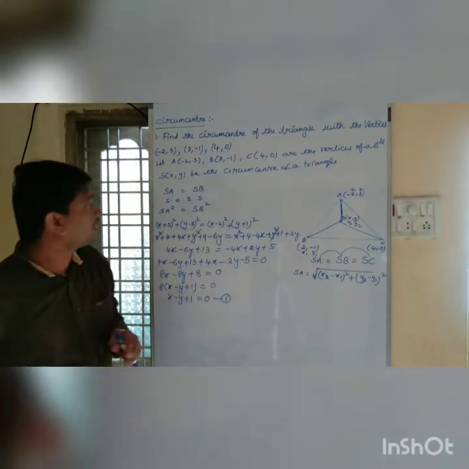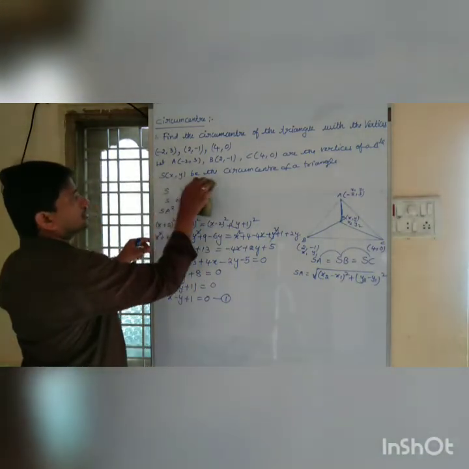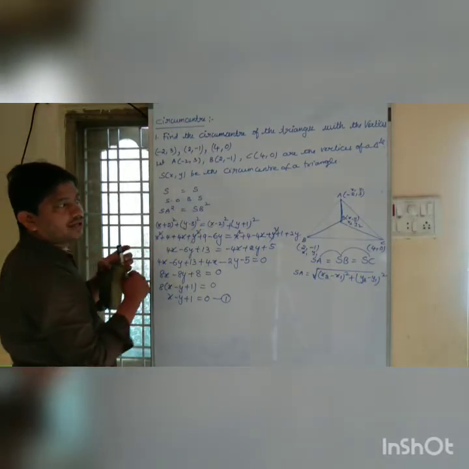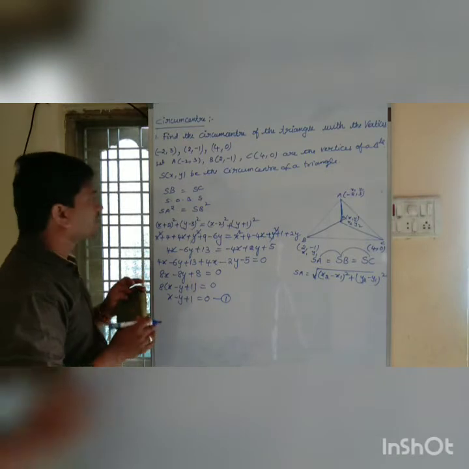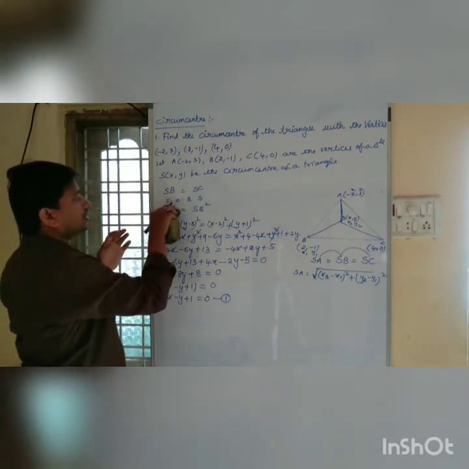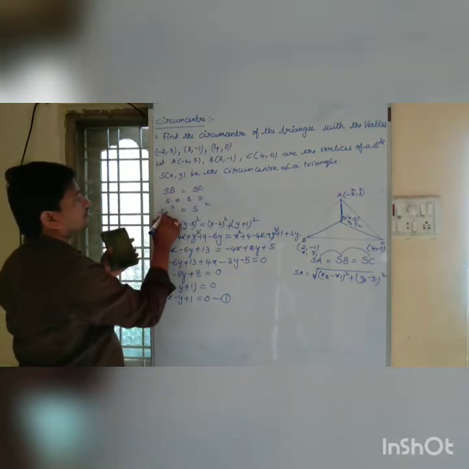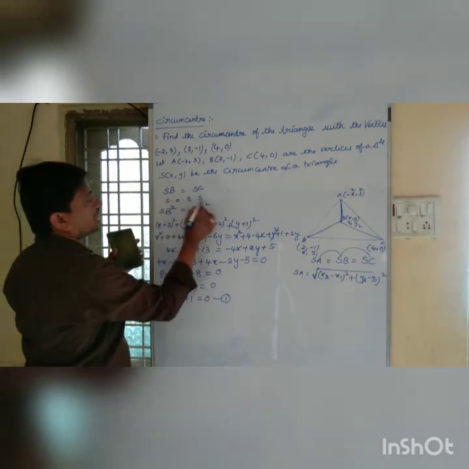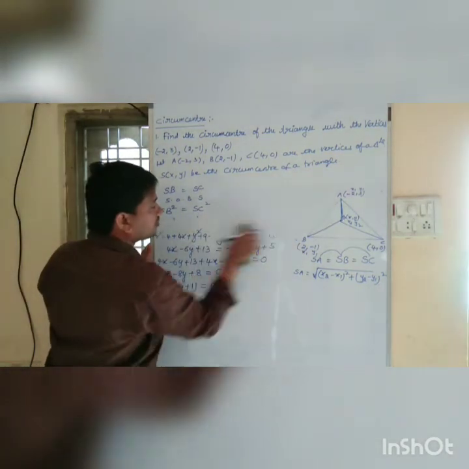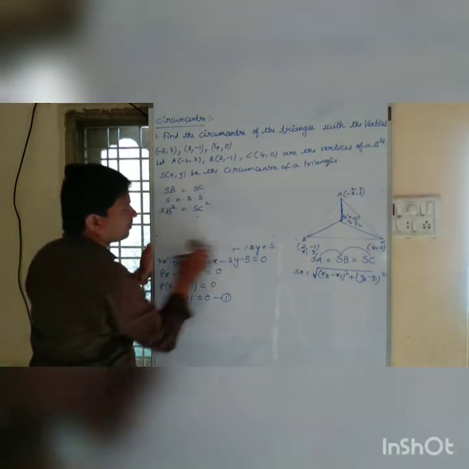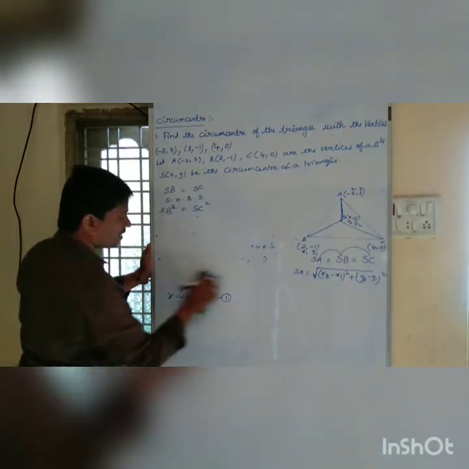So this is equation number 1. As we know, the distance between S and B as well as S and C is the same. Squaring on both sides, that is SB square is equal to SC square. Okay, so let us see now the distance between S and B as well as the distance between S and C.